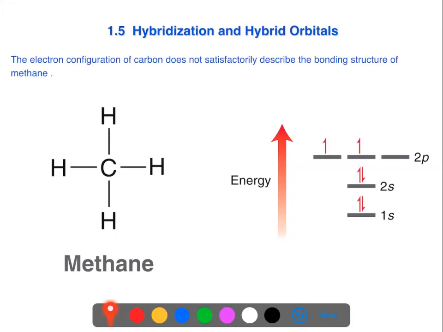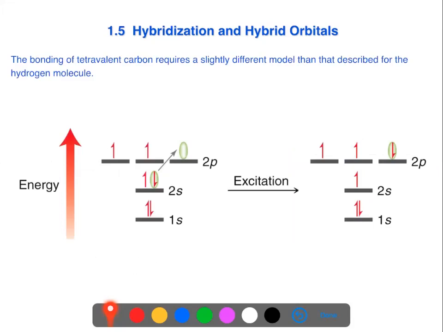Now, if we were to take this same configuration, but have one of the electrons in the 2s promoted to that empty 2p orbital, you can see that we have 4 half-filled orbitals. We have a 2s and 3 2p orbitals that all only have a single electron. As a result, what we'd expect is that these orbitals, as pure p's and the s, could potentially form individual bonds with neighboring elements. But as I mentioned in the previous video about our bonding theory,